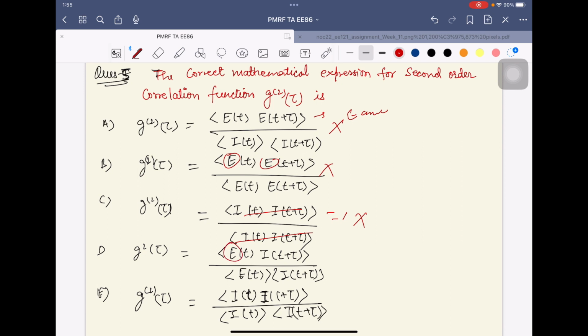And here E is coming, the amplitude, so this is also wrong. So this will be your correct answer. Always this g2 is I(t) and I(t plus tau) divided by I(t) and I(t plus tau). Okay,